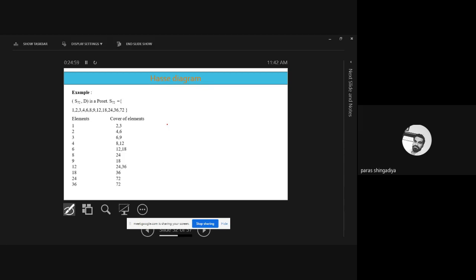ठीक है. So cover element of first means 1. So what will be the answer? Divide का relation है. ठीक है. Means A divides B. That is the first condition. And second is that no such C should exist. Okay. C belongs in between A and B. Clear? C belongs to AB, so that A divides C and C divides B. Okay, this is the second condition. ऐसा कोई third element exist नहीं करना चाहिए जिससे A divide C और C divide B satisfy हो.